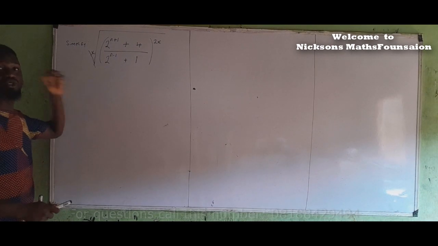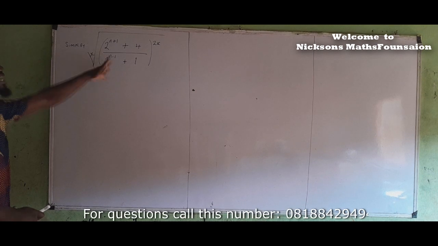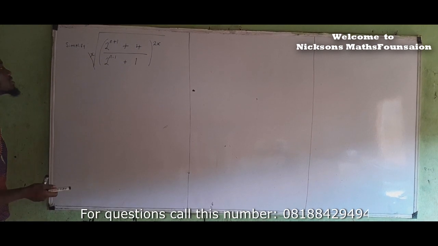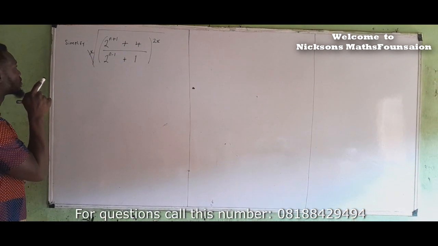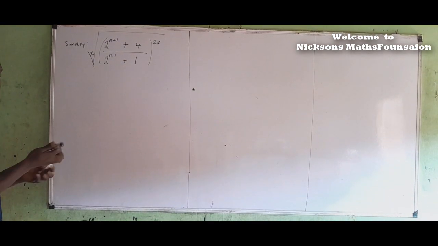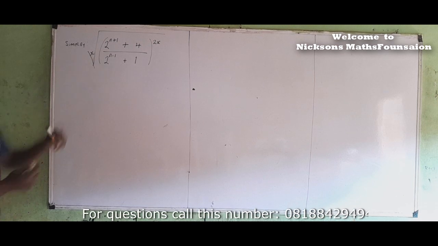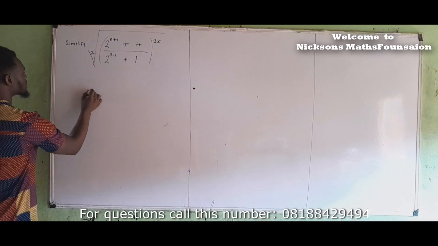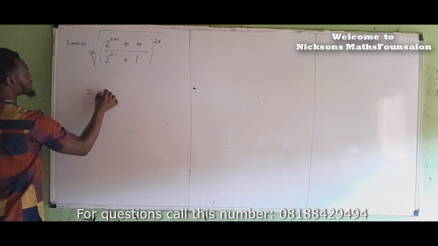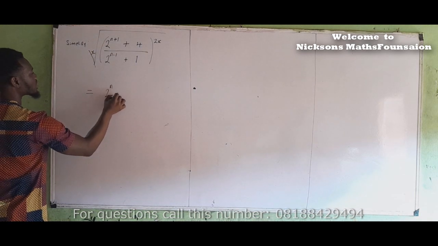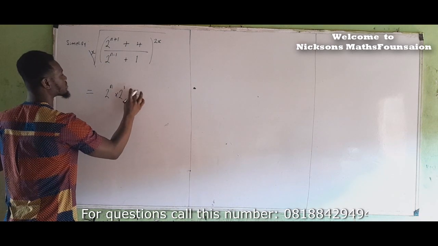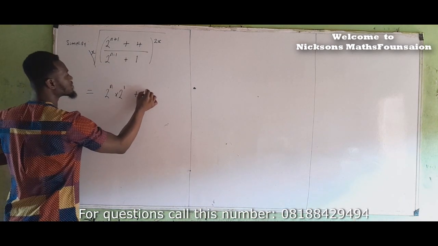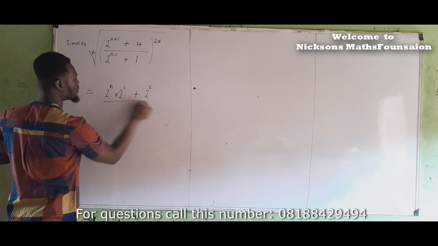So when you're given a question like this, of course you cannot directly go and start applying laws of indices. The first thing you should think of when you see something like this is factorization. When you look at the core of the bracket, this can be written as 2 raised to power n times 2 raised to power 1, plus 4, which is the same thing as 2 raised to power 2, all over